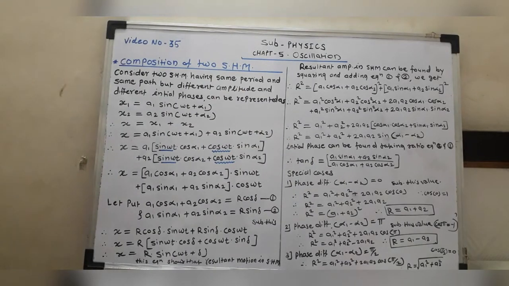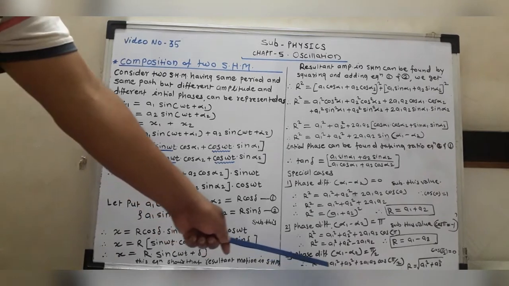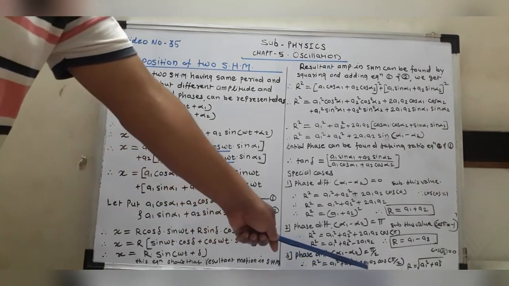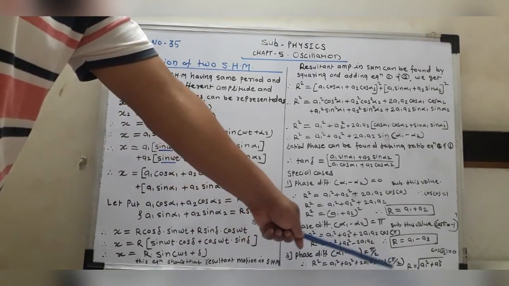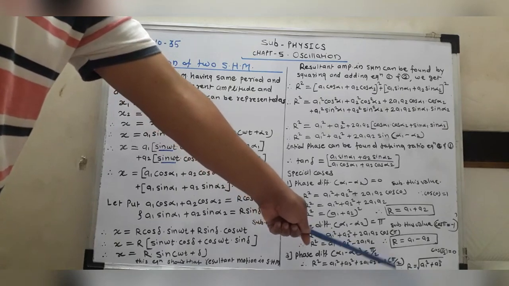And the last case is when the phase difference between the two SHM, that is alpha 1 minus alpha 2, is equal to pi by 2. Then we know that cos pi by 2 is equal to 0. Then substituting this value, r square is equal to a1 square plus a2 square plus twice a1 a2 into cos of, instead of alpha 1 minus alpha 2, we can